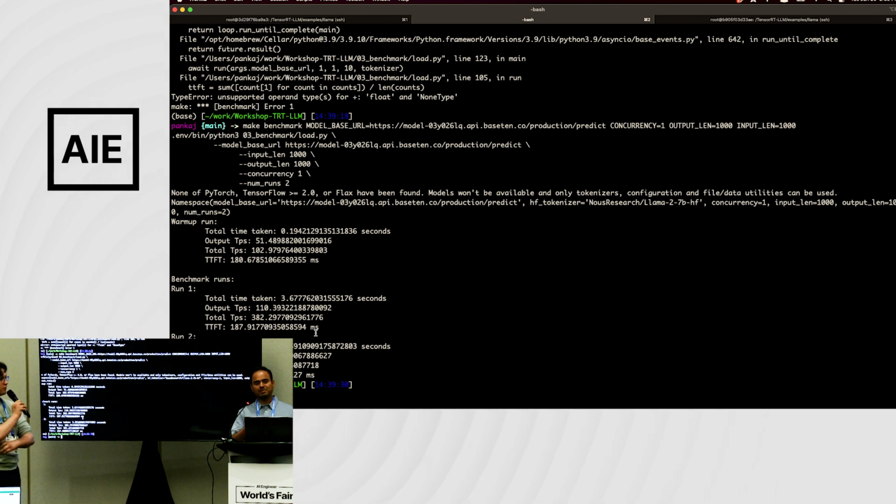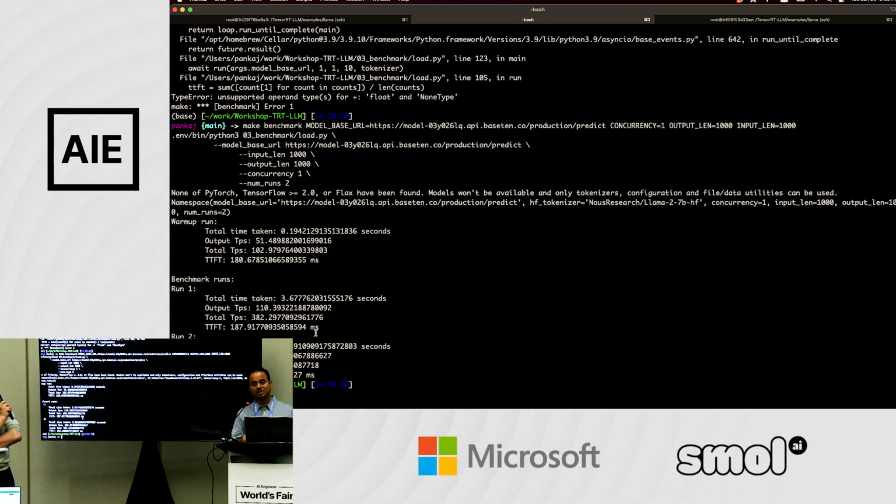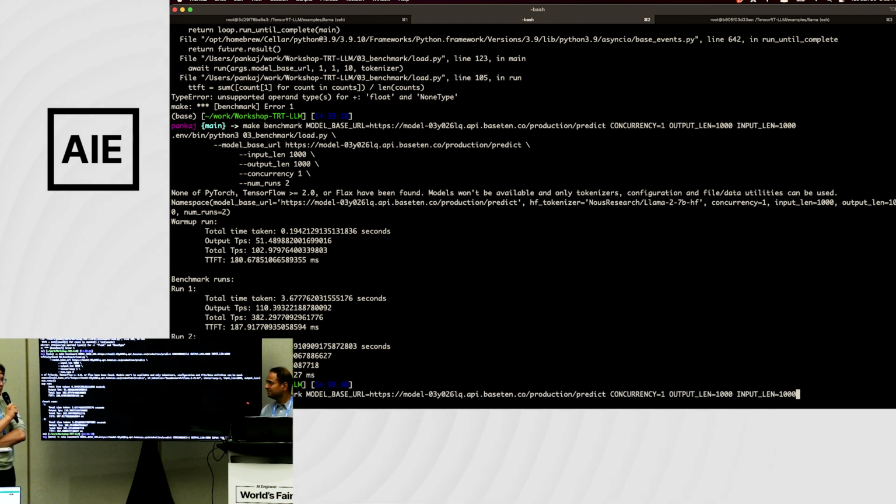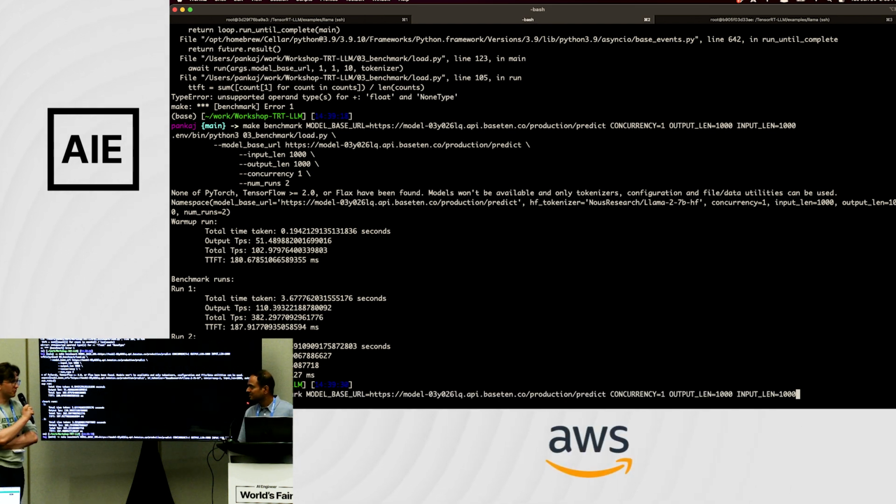And this is from this laptop. I'm running it right from this laptop on this Wi-Fi, and my model is deployed somewhere in US Central. And this is 180 milliseconds for that. So the vast majority of that time to first token is going to be network latency, right? Not latency of the model itself. It should be pretty fast.